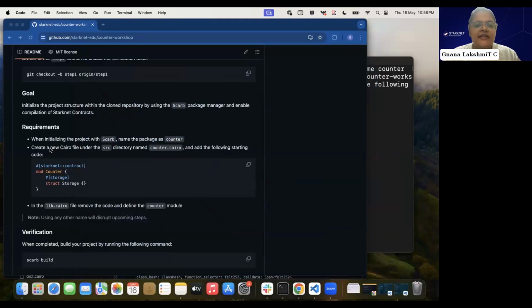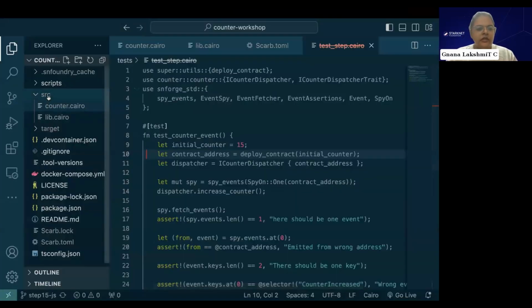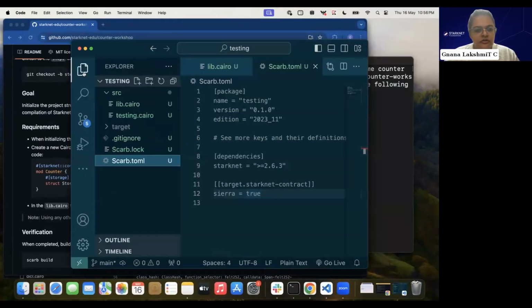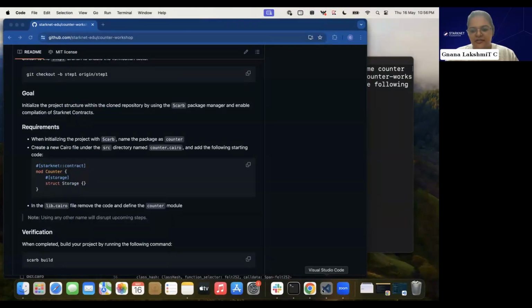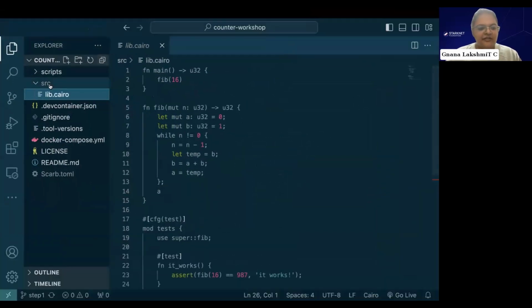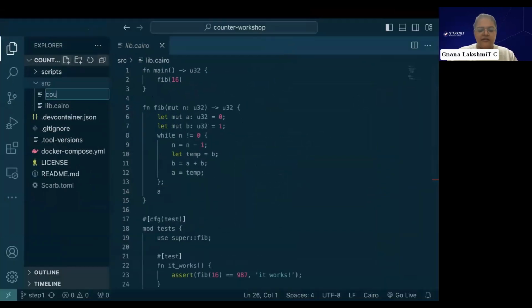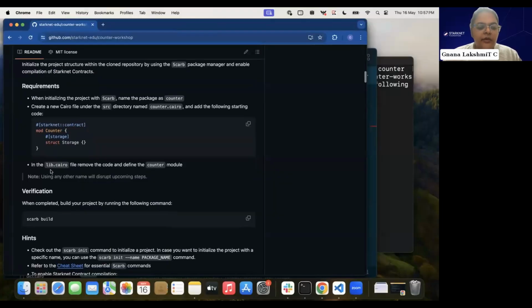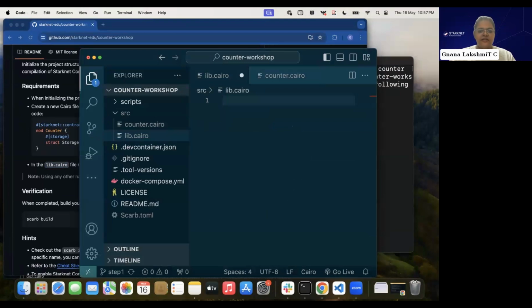Okay. So it says to create a new Cairo file under the source directory named counter.cairo and add the following starting code. Okay, so I've copied this starting code now. Under source, it's asking us to create a counter.cairo and copy this code. Okay, I have copied it now. Now in the lib.cairo file, remove the code and define the counter module. So what we are going to do is we are going to remove this and we are going to say